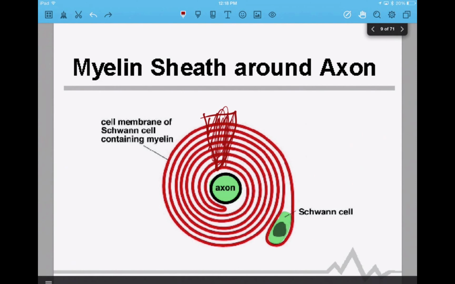Well, there's some disorders, for example, like multiple sclerosis, where these Schwann cells are being affected. And without having their wrappings, the signals don't get to the end. So with multiple sclerosis, for example, vision can go, control over the muscles starts to degrade, and you can see how that could be